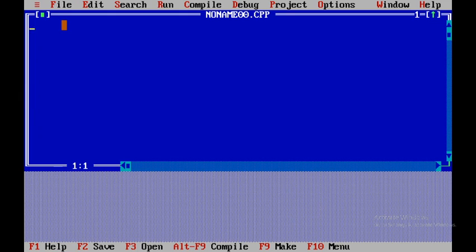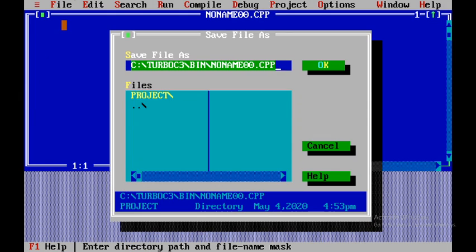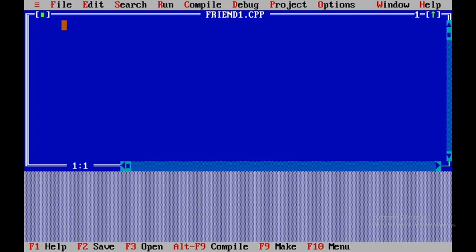I am creating a new file and giving the file name as friend1.cpp. Here we include the required files: hash include iostream.h, and hash include conio.h.